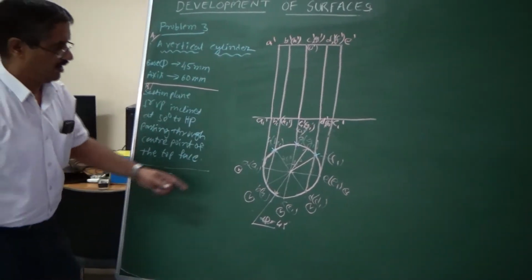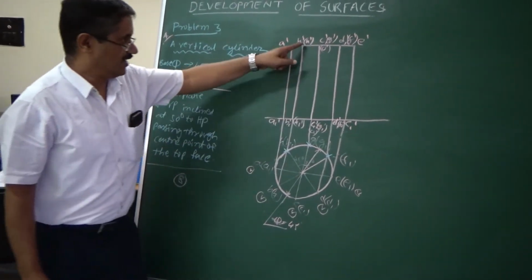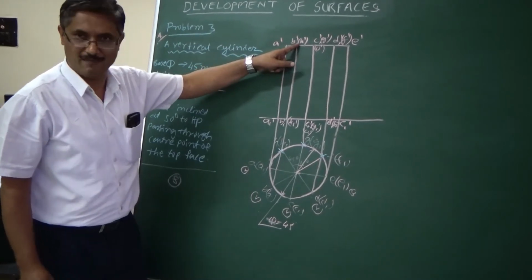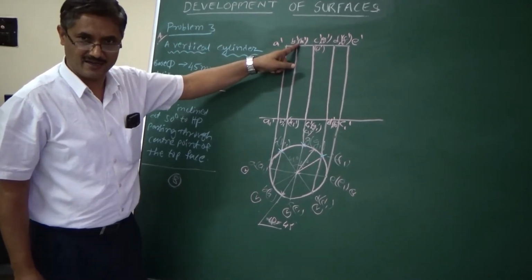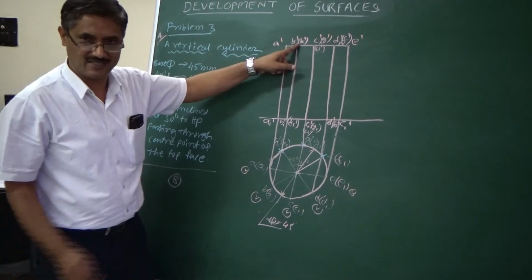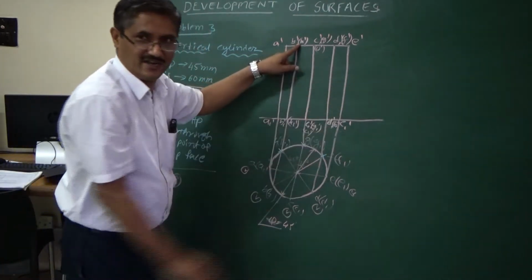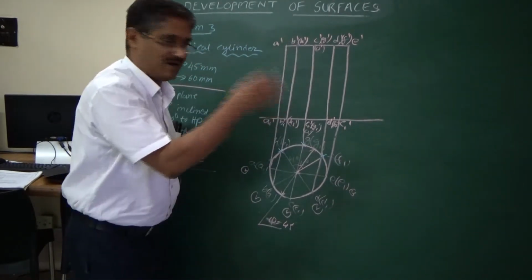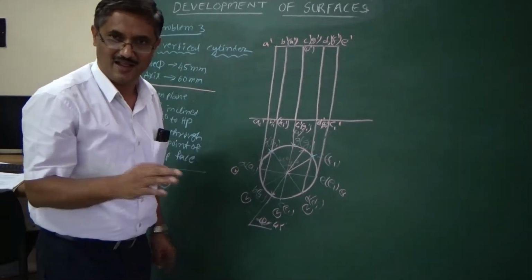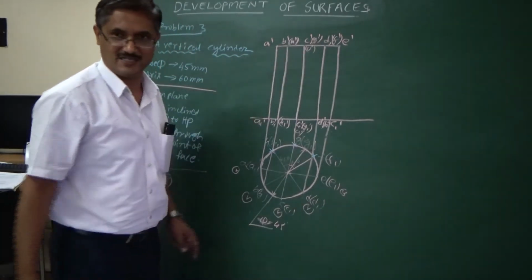So we are naming all these things, but we are giving a bracket to the invisible longer edges that we have marked. They are not the longer edges because the cylinder will not have longer edges. Just for the sake of construction, we have drawn those lines, but we are marking that as one point here on the surfaces.